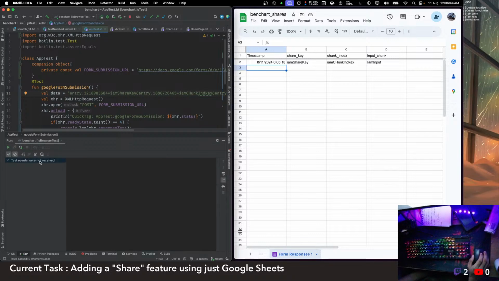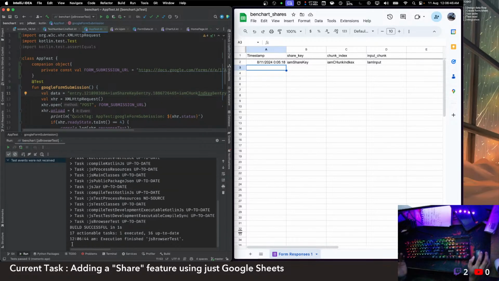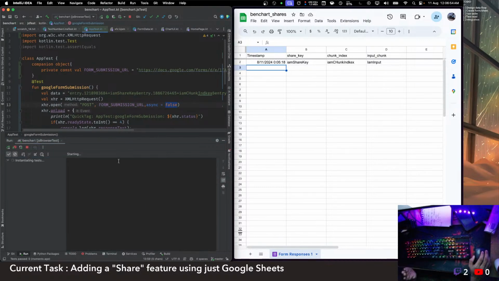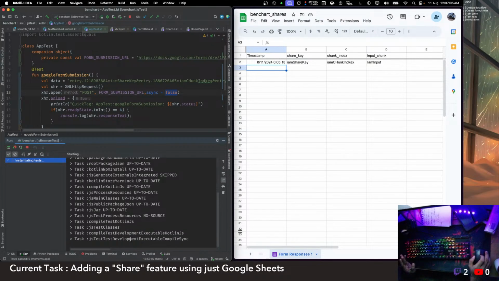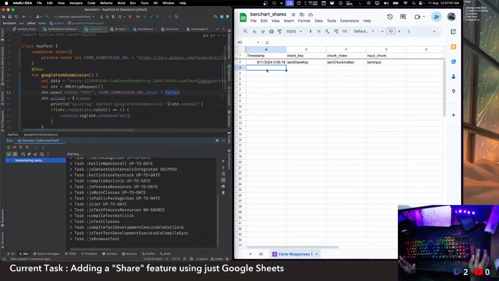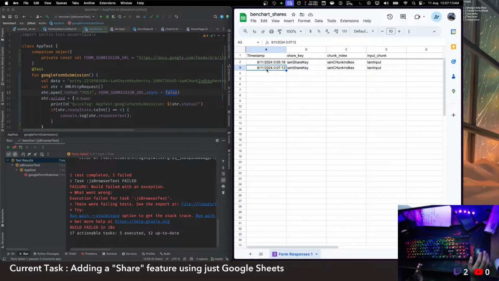Why is this test just saying build successful? Where are my tests running? Wait, what if I do async false and just try it again? Okay, now it's taking time. Okay. If a new row appears here, our feasibility study is done. Yes,